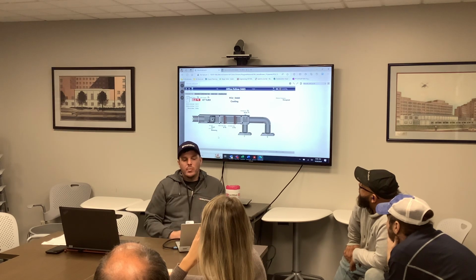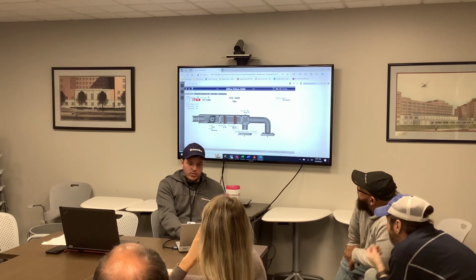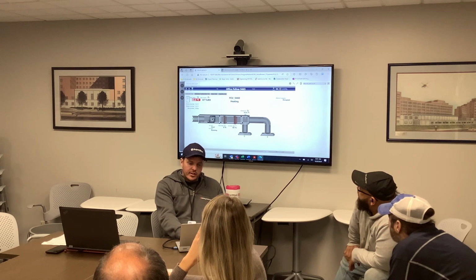Okay, so just like all my other pieces of equipment, I have my schematic tab, my set points, my notes, and my trending. So from here, I can see that the unit is heating, or it's trying to heat. You know, you got a discharge air that's not reflective of hot water, and this is what she was getting